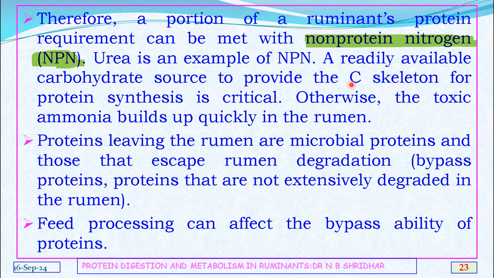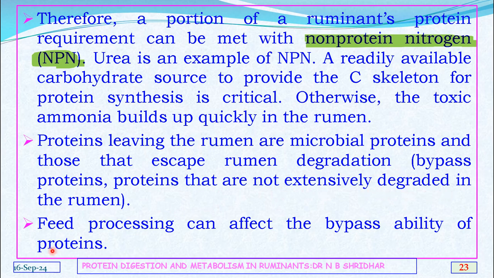Hence, whenever we are supplementing urea, very good quality fiber or hay needs to be provided, which supplies a carbon skeleton to the microbial digestion, so that the proteins leaving the rumen are microbial proteins. Those that escape the rumen degradation are called bypass proteins, and these are proteins that are not extensively degraded